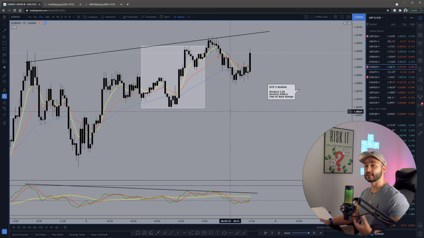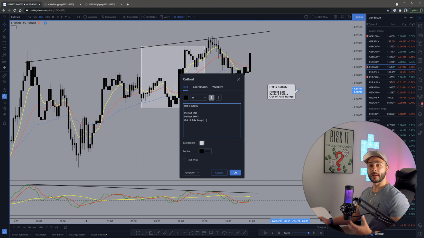So that is a momentum signal for me saying price has broken out of this Asia range, and we could definitely see price continue in that direction with the EMAs in our favor and the TDI indicator in our favor as well. So coming back to the parameters,